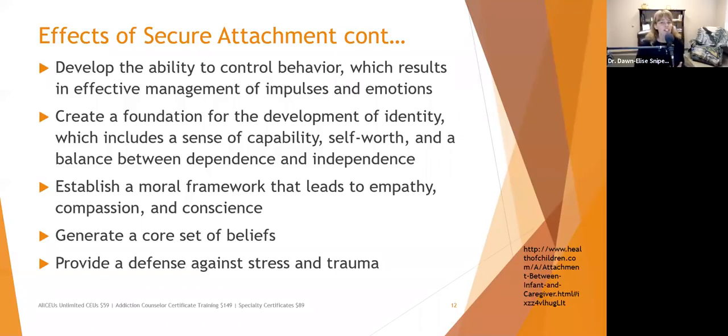Secure attachment also helps people establish a moral framework that leads to empathy, compassion, and conscience. When people are securely attached, they have somewhere they can go to bounce ideas off of. Is this right? Is this fair? Is this whatever? And it helps them establish a sense of right and wrong. Helps them generate a core set of beliefs, and provides a defense against stress and trauma, especially when kids are younger. And I say younger, my daughter's a teenager, and I'm still finding myself having to do it for her,